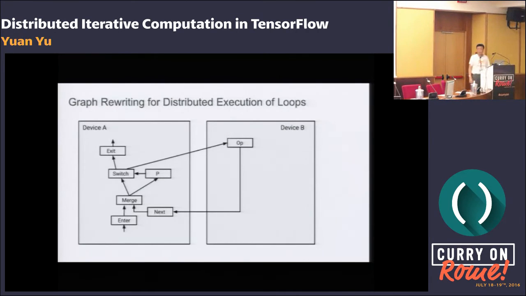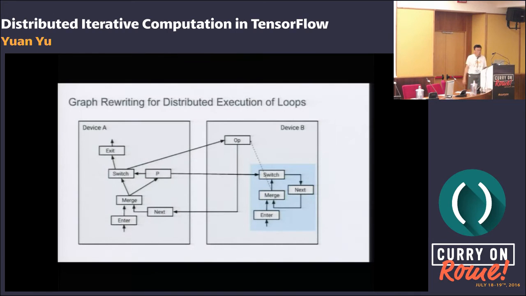So let's take a look at how it is done. This is the loop, and now it's on two devices.